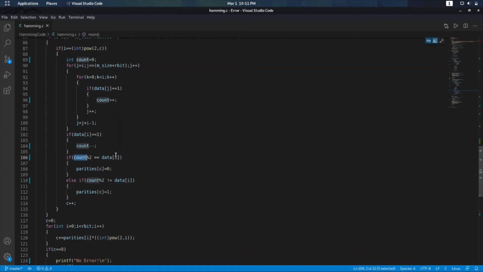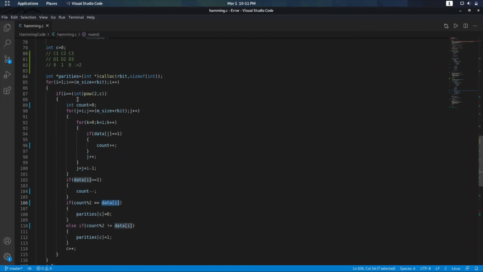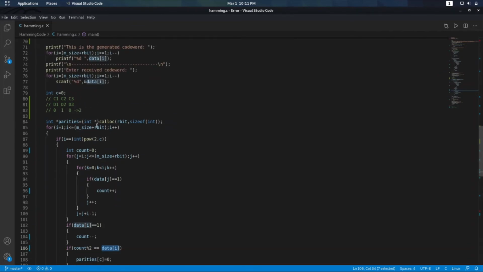If this is odd and this is also odd, this is 1 and this is also 1, it means they are having odd parities, but they are the same. Data of I is cancelling it overall, because data of I is a redundant bit position. So in that case, I'm just leaving the parity 0, because this thing I'm getting after calculating this code word, and this thing I'm getting initially from the message at the receiver side.